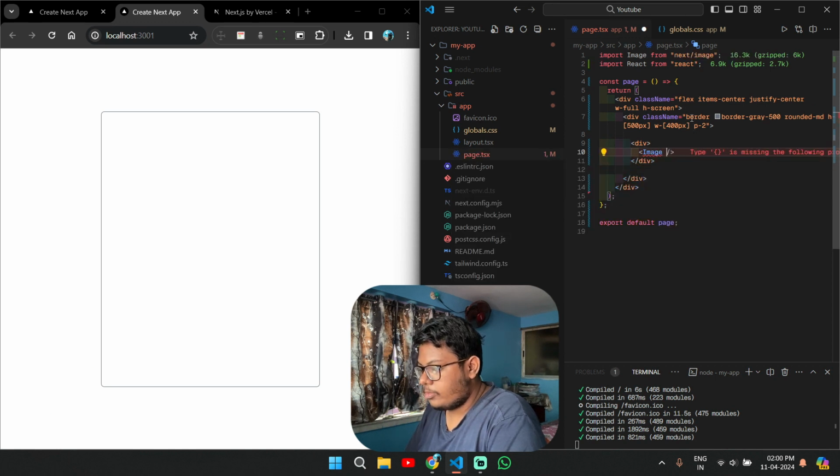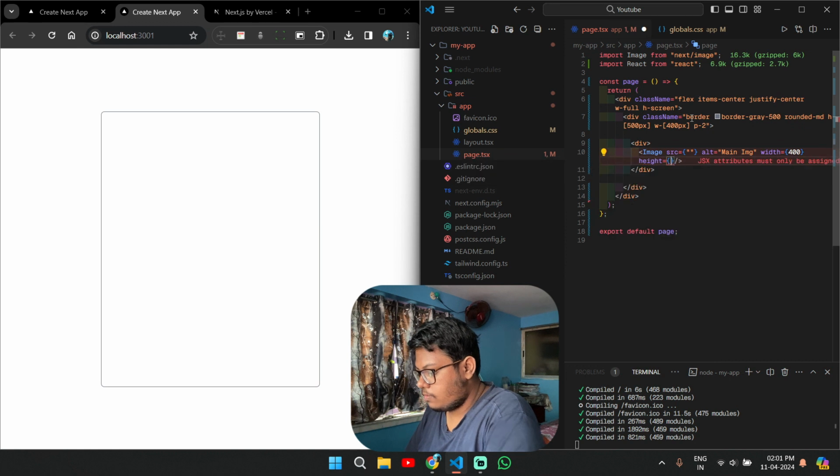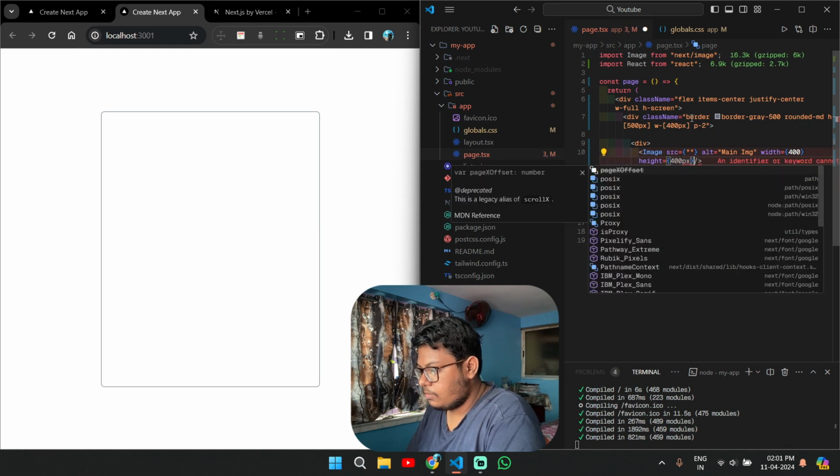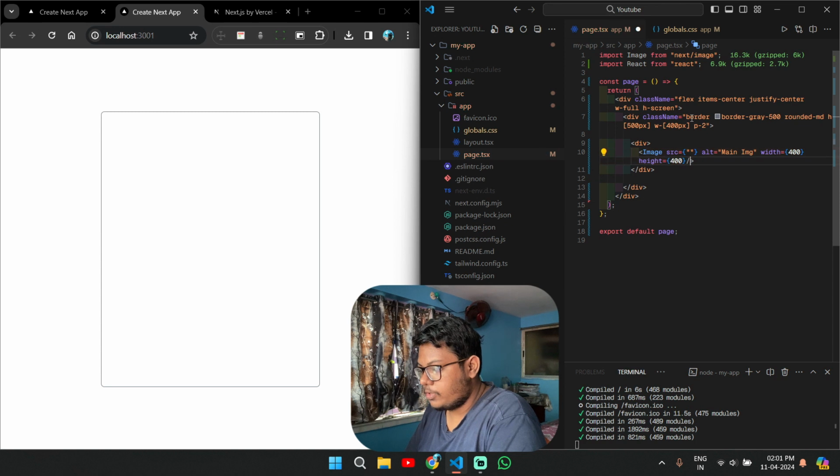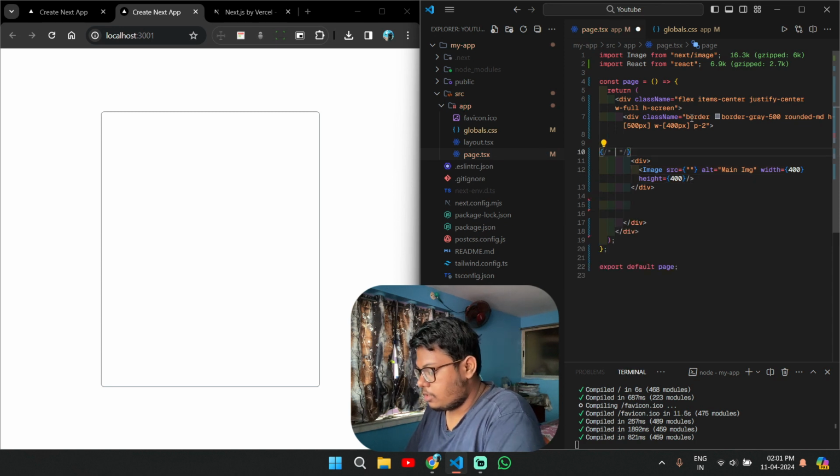Alright, now remember this will have a src property. For now I am keeping it empty. It will also require an alt property which is important to give. So let's say main image. Now this will also have a width property of let's say 400, and height is also 400. Alright, now don't give periods. Let's give a comment here that this is our main image div,